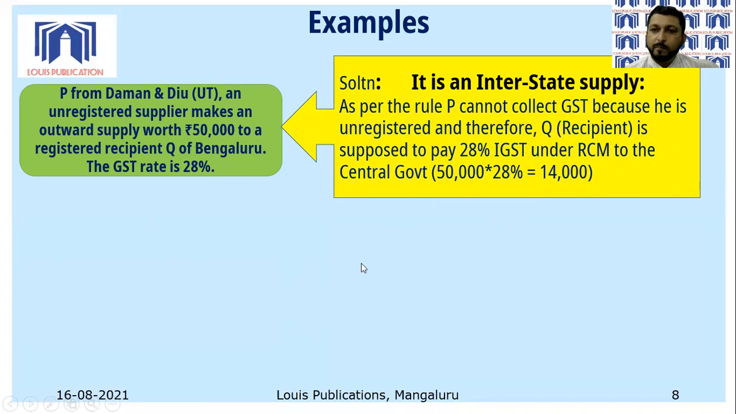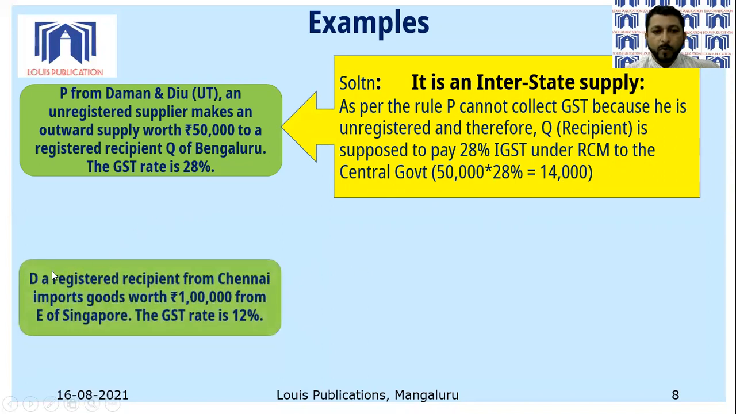We'll take one more example relating to imports. D, a registered recipient from Chennai, is importing goods worth rupees 1 lakh from E of Singapore. So Singapore is another country, so imports are happening. Now, D, the importer, is a registered recipient. But the point is, Mr. E,